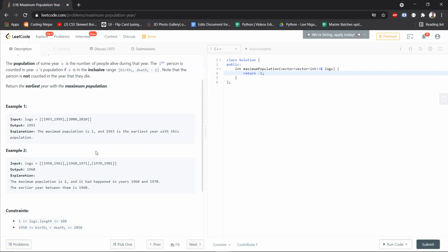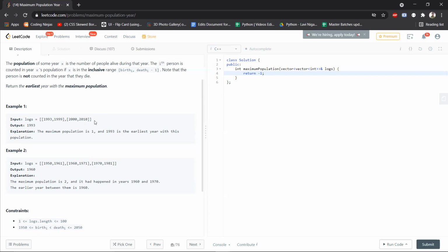Now, the solution for this could be brute force. Let's discuss the brute force first. It is very easy. You just use 2 loops, iterate over this 2D array, create a hash map or a frequency array, count the maximum number of times a year occurs, find that count or frequency, return the earliest year where that frequency is occurring, and you have your answer. But like I said, this is brute force. We need to think of something optimized, and the optimized way to do it is actually a derivative of another pre-existing algorithm called the line sweep algorithm.